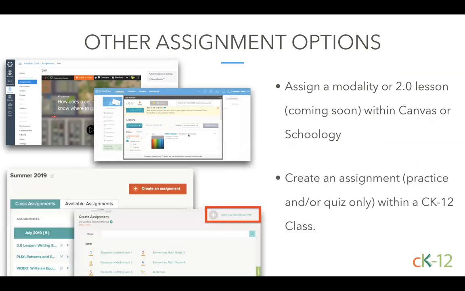So you could create an assignment within there, and that would allow you to mix practice or quizzes. So that is kind of a multi-concept. You could actually combine a couple practices or a quiz together within a CK-12 class. But your general one, just the assign a class option, would assign out to a CK-12 class or to